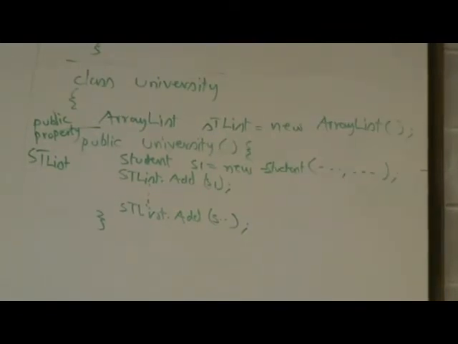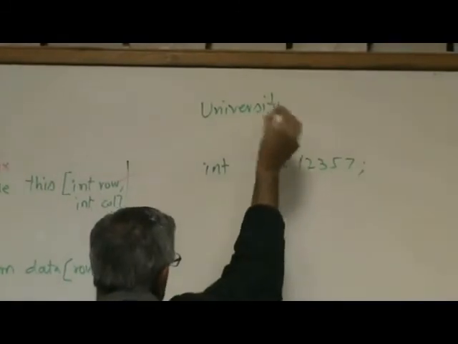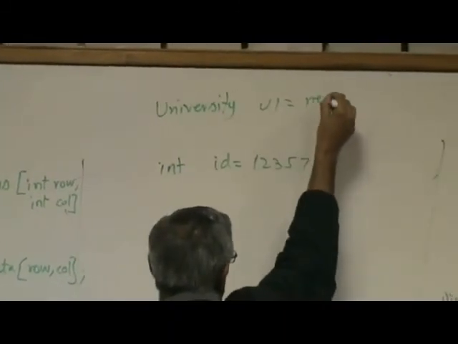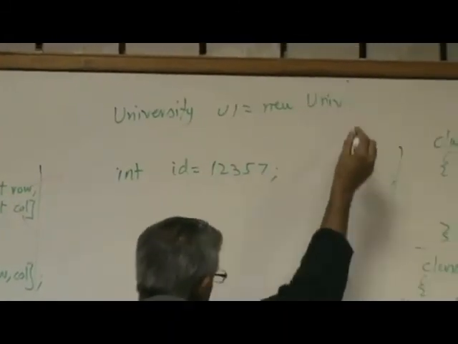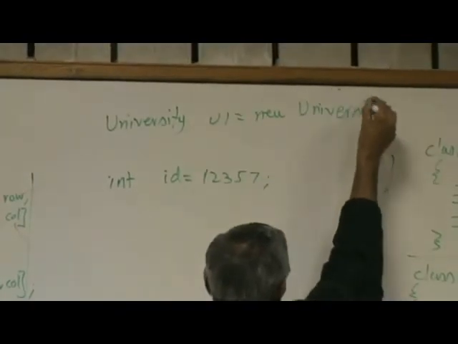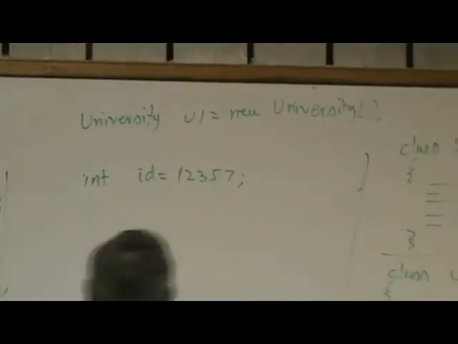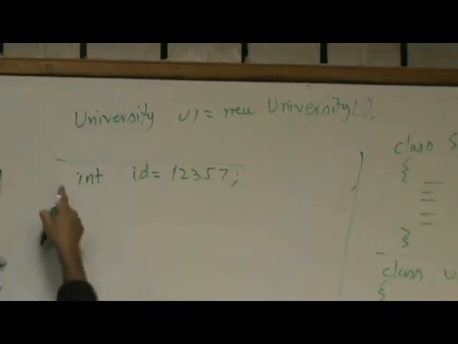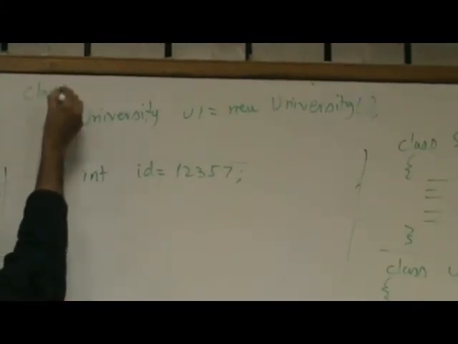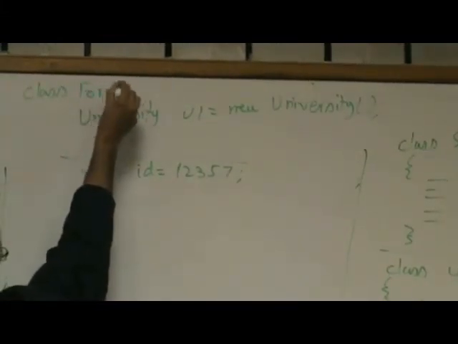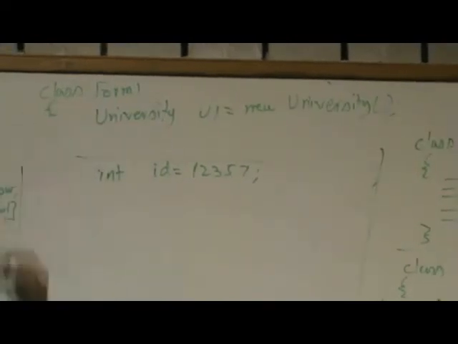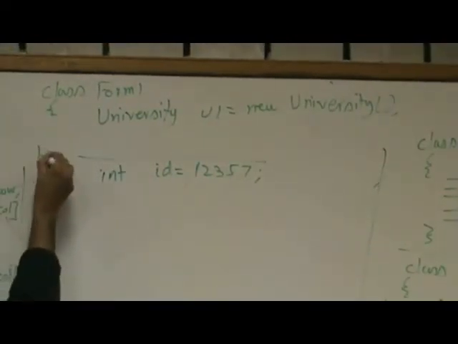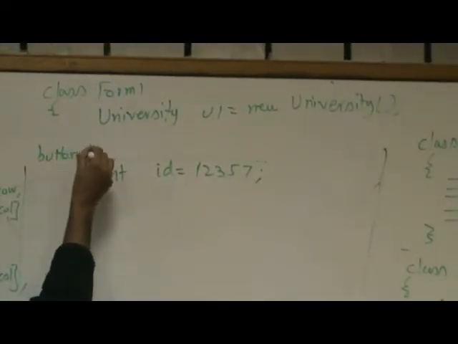So our code might look something like this if we have already created a university object equal to new university. Okay, so anyway, then in the button handler, so pretend this was somewhere inside of our class Form 1. Okay, so in the button handler where we wanted to do the search,